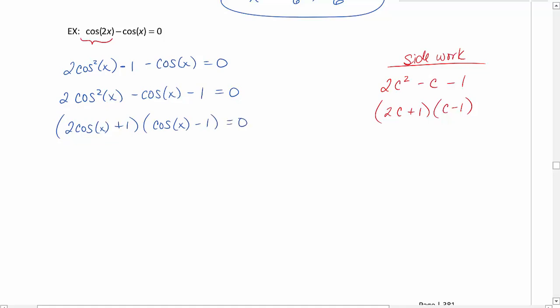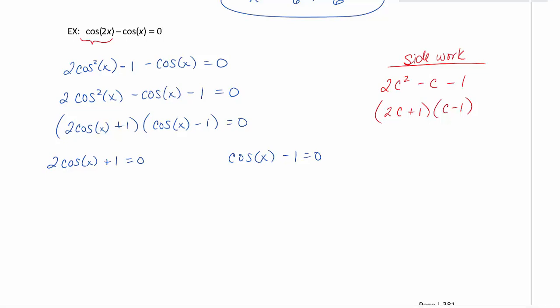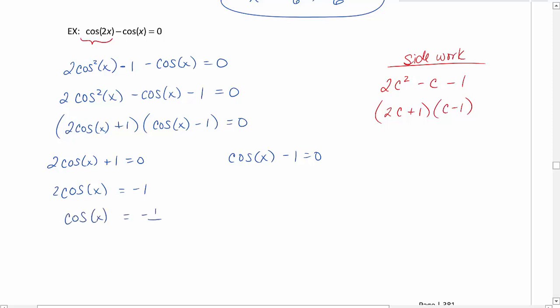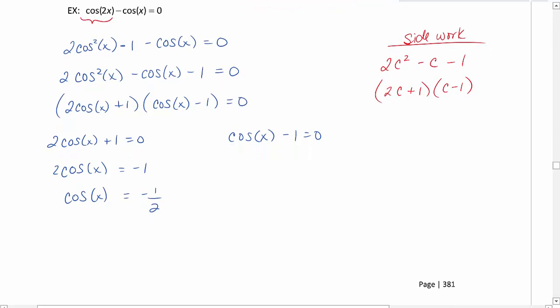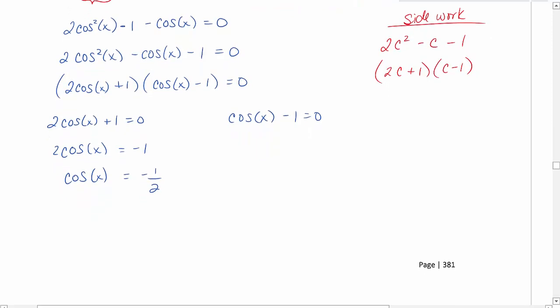And now that we're in factored form, we use our zero product property to finish solving. 2 cosine of x plus 1 equals 0, and cosine of x minus 1 equals 0. For each of these, we have a single trig function, so we're going to want to isolate the cosine and then use inverse cosine to solve. 2 cosine of x is going to be equal to negative 1. Cosine of x is going to be negative 1/2. We know that's a value on the unit circle, so I'm happy to see that. X is going to be cosine inverse